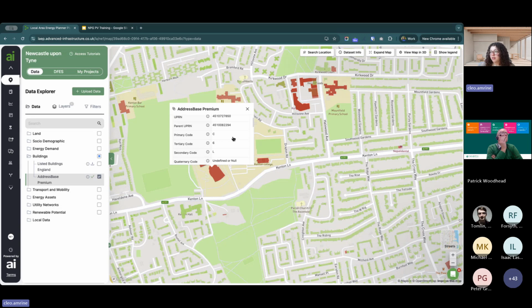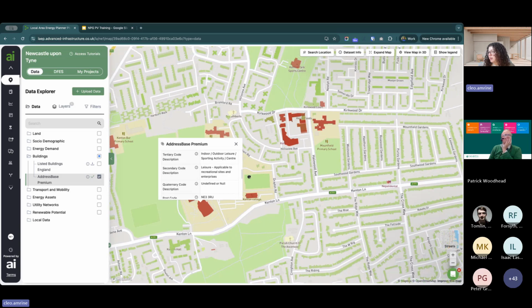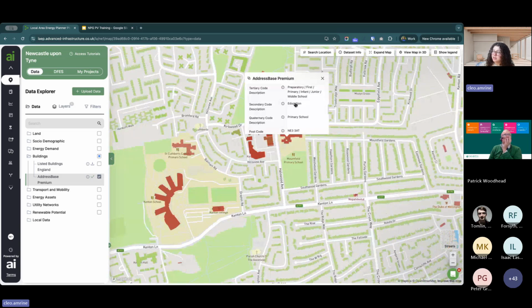And if I click on the data set that I've just downloaded and scroll down in this pop-up a bit, it looks like the secondary code description for this one is actually leisure. But if we go over maybe to this school here, we've got education there. So for most of the schools, the code description will be education. So we'll be able to easily identify different buildings where that code description is classed as education.